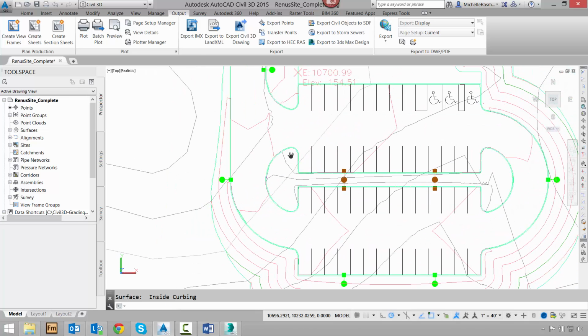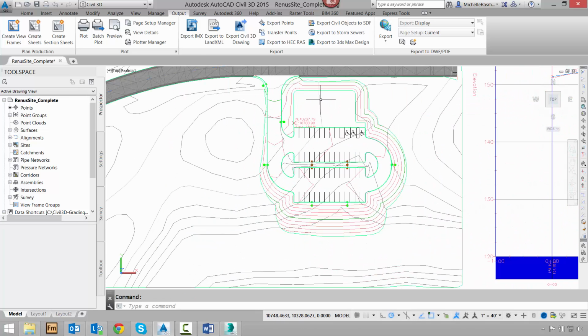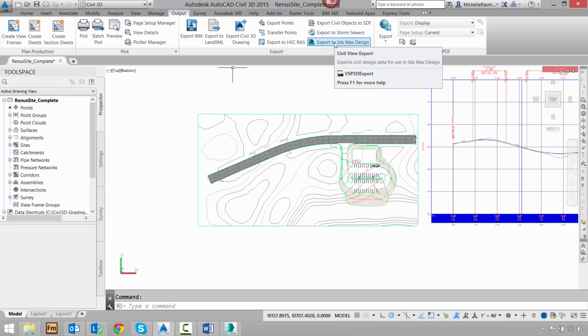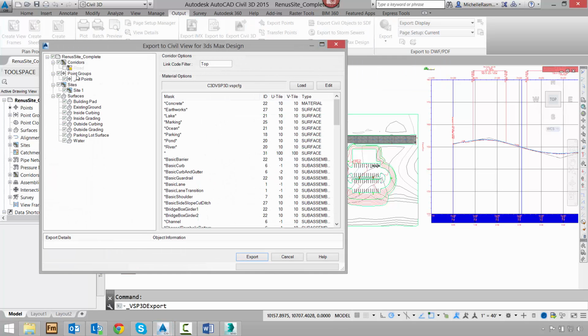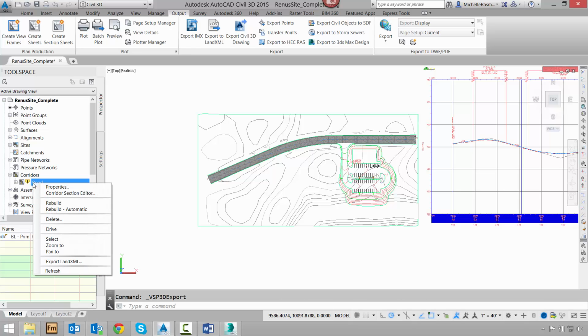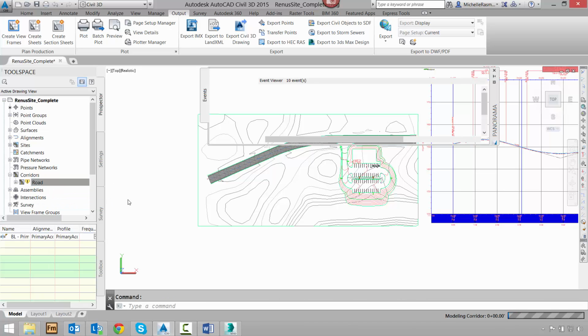Once everything is set up properly and you have all of your different surfaces created, then you'll go ahead and export that to 3ds Max. You'll do that on the Output tab, Export, and Export to 3ds Max. One thing I want you to be aware of, though, is if you have corridors in here, you'll need to rebuild those corridors before it allows you to select them. So let me hit Cancel, and when I expand corridors, you'll notice there's an exclamation mark. I'll simply right-click, choose Rebuild,